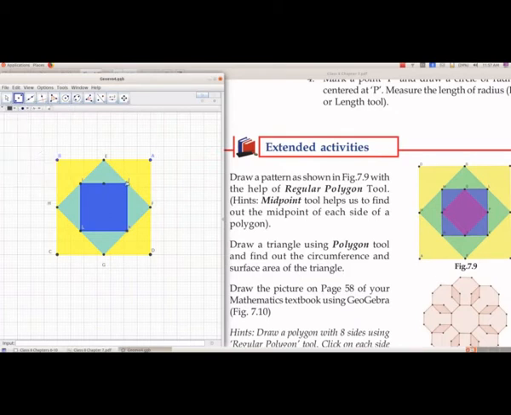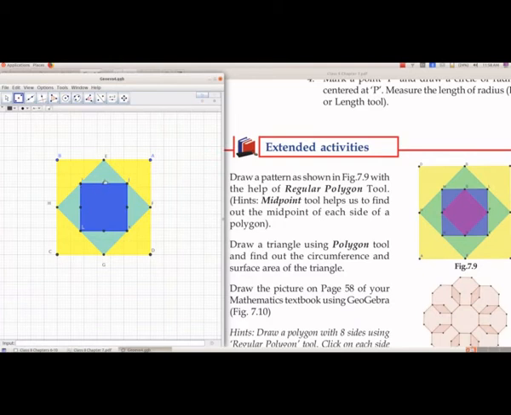Select the point J and then K. Again select the point K and then L, and again select the point L and I. So we got the midpoints, and now we will draw the fourth square.